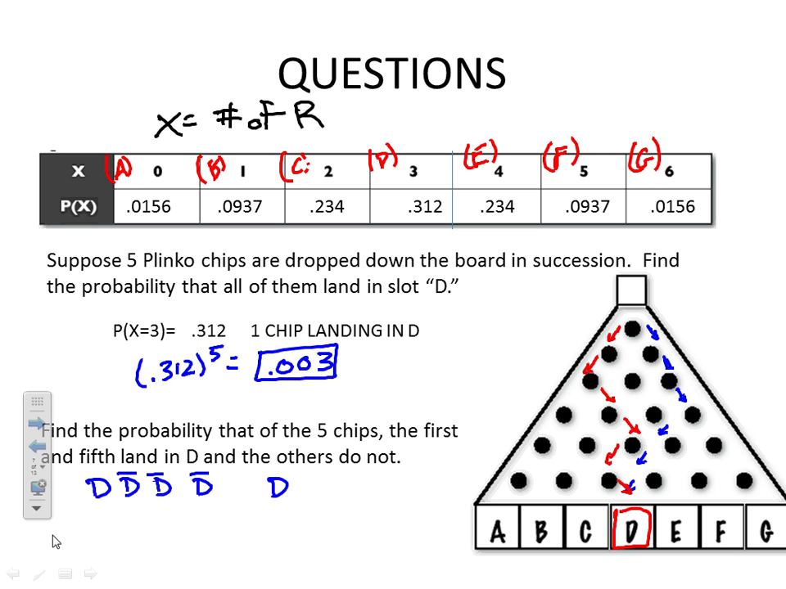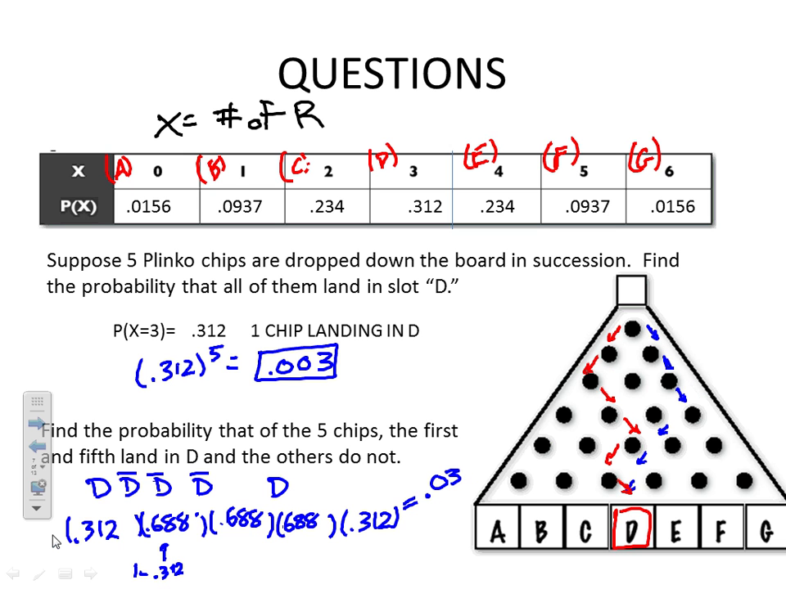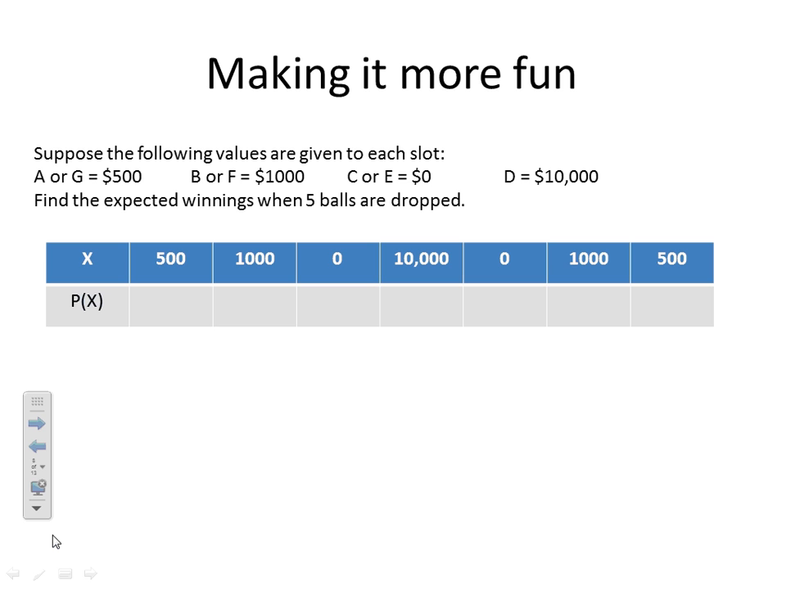So we know that the probability of D is 0.312. And then we're going to end at 0.312. So the probability of not D would be 1 minus 0.312, 0.688. And then when we put all that together and multiply it all out, it's 0.0317. So there's about a 3% chance of the first and last one landing in the middle, and then the three chips in the middle land somewhere on the outside. Typically, though, if you've ever seen Plinko, they don't have A, B, C, D, E, F, G on the